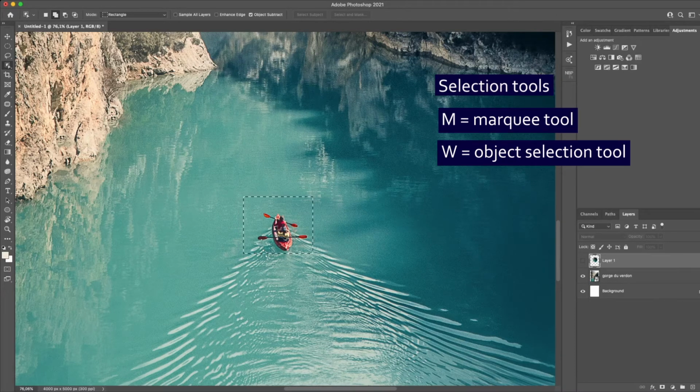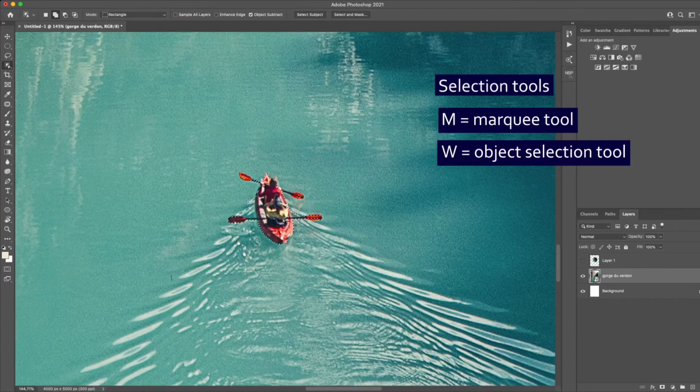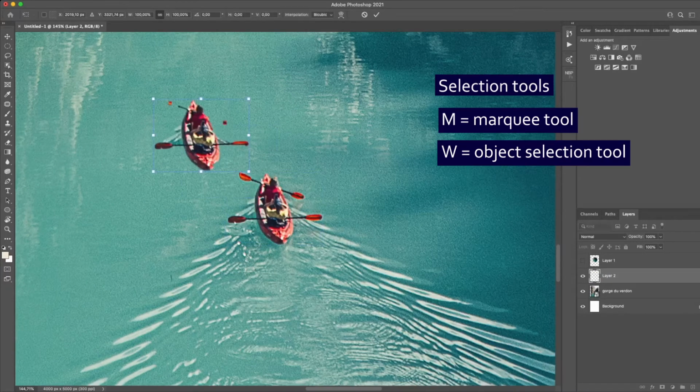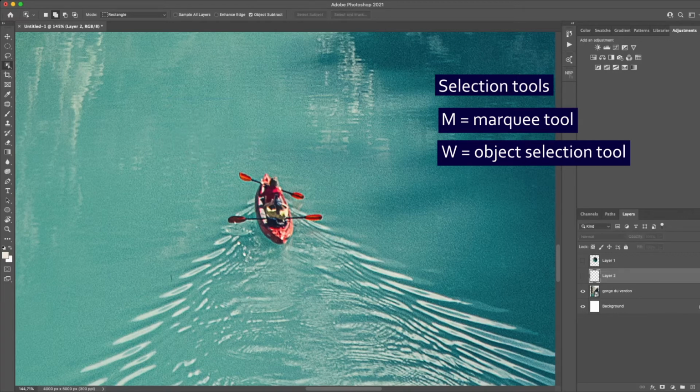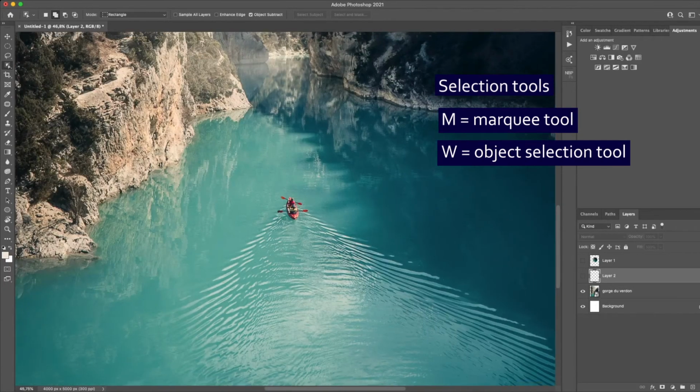And I can tell you it's not gonna work very well. Okay, you have to do it on the right layer. I can tell you it's not gonna work very well because the background is not that smooth. So here we can see the selection that we just made, and you see it's not doing a bad job, but it's not really what we want. So yeah, remember you can use this object selection tool by pressing W,